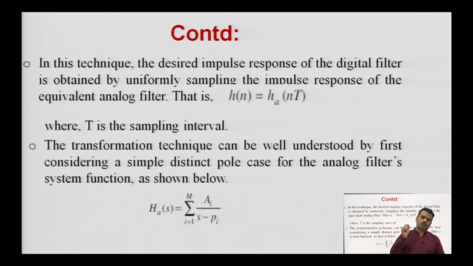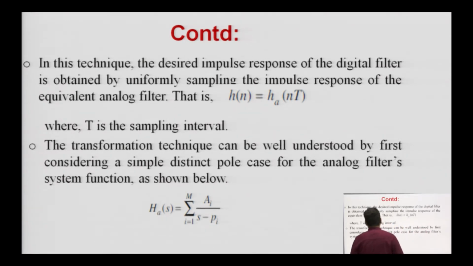So, you find those three steps. In the first step, what will we do? You have to convert your H(s) into h(t) by taking its inverse Laplace transform. After that, you have to do the uniform sampling for a particular time interval, then you will get h(n), and at the last you have to take the Z transform of that h(n), and you will get the final H(z). Similarly, those three steps I will use in this expression.